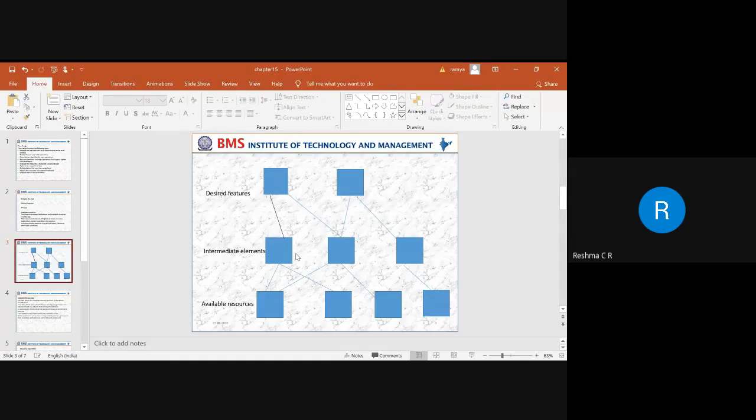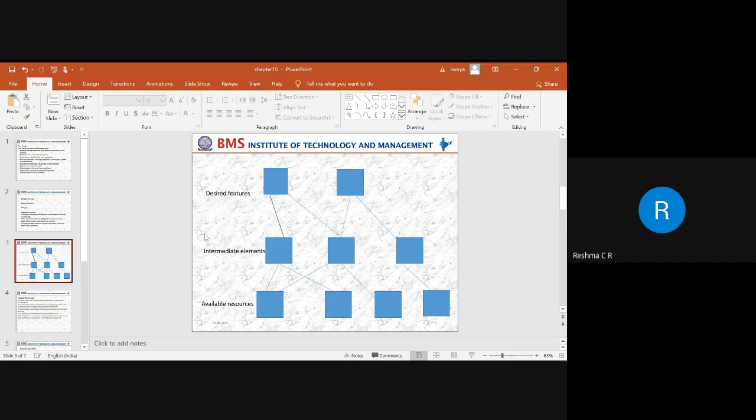The next thing is we have available resources. When we say available resources, these can be our use cases and applications. All these things come under the available resources.